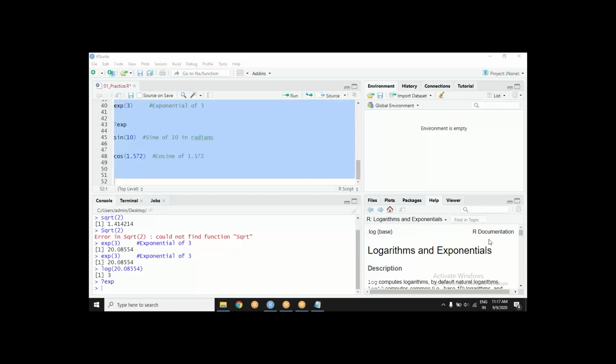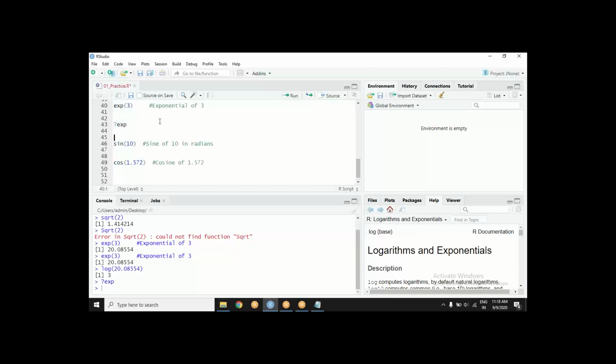Now this entire code which we have run so far, you can put it in one place. So we have taken some functions, we have checked them, and there are many more functions. We'll talk about them as we start needing them.